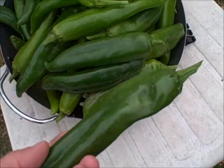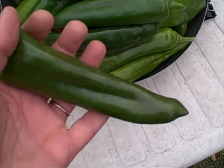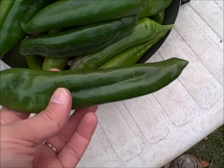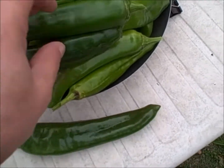Here's the harvest off of 4 plants. Fits in the basket nicely. This is probably the nicest one. That's probably about 8-9 inches long. This is what I expected when I grew the New Mexico Big Jims, and